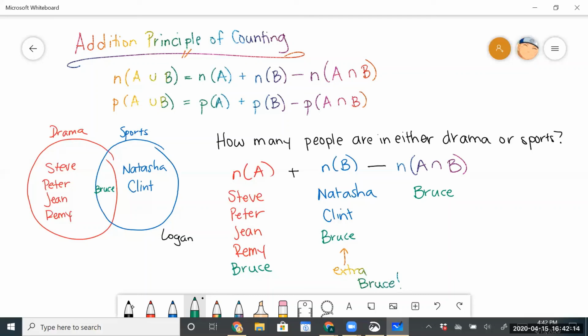And again, this works the same way for the probability using P. It's just that then you're using fractions. I would really advise against simplifying your fractions, because when you use this whole formula, addition and subtraction, you have to make sure your denominators are all the same. So I would just leave the denominators the same when you're working for me. For Alex, they might ask you to simplify, because I know this topic is part of your Alex pie chart. But when you're working on your quizzes, feel free to leave fractions unsimplified, because we want to see all of the denominators the same.